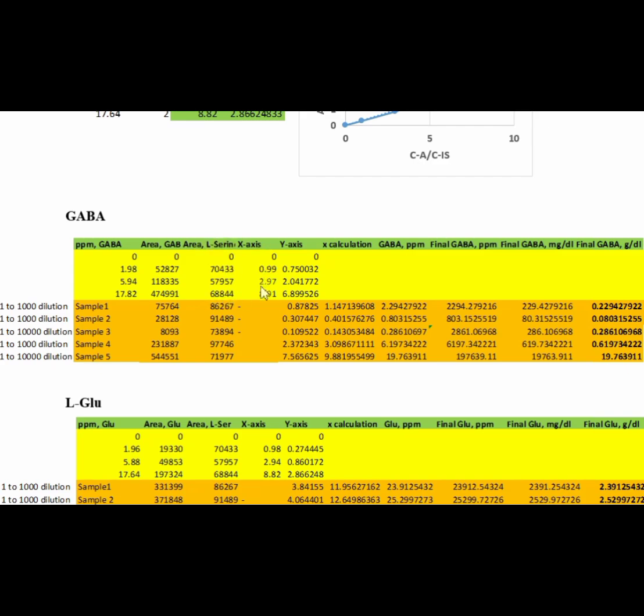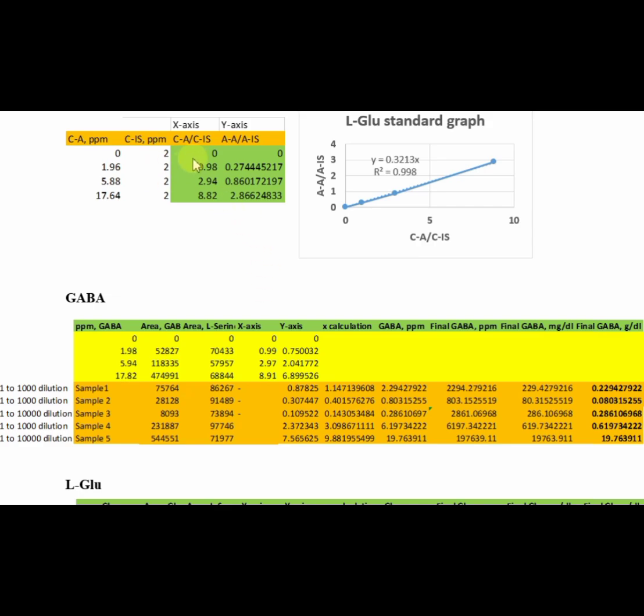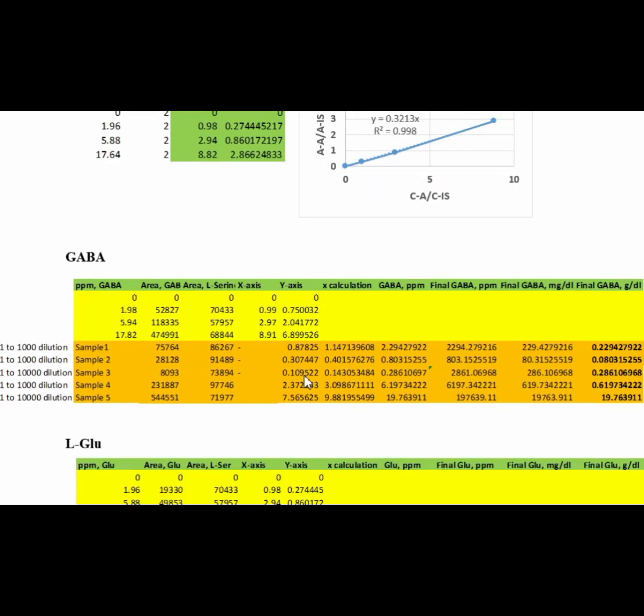Then x-axis. X-axis means CA by CIS, concentration of analyte, meaning GABA, by concentration of IS, meaning this ppm of GABA is divided by 2. Y-axis is area of analyte, HPLC area of GABA by HPLC area of L-serine. So Y value is now drawn like this. Then this is for standard curve,